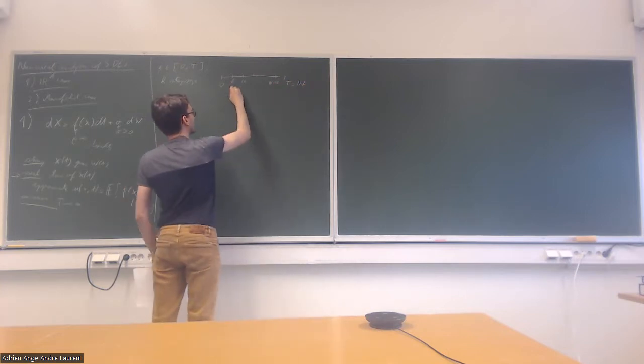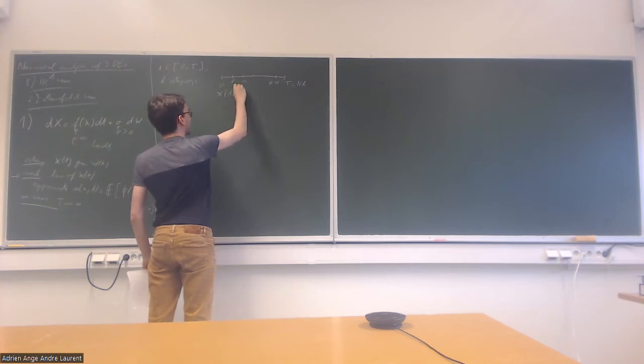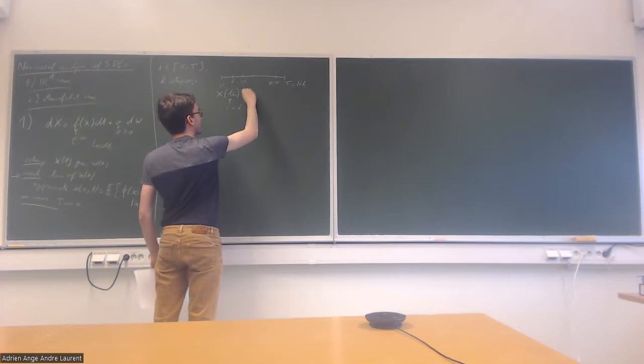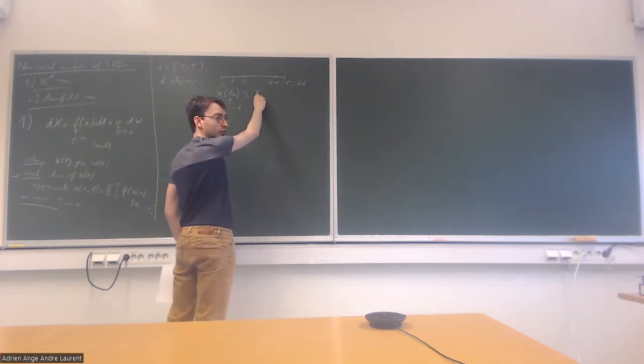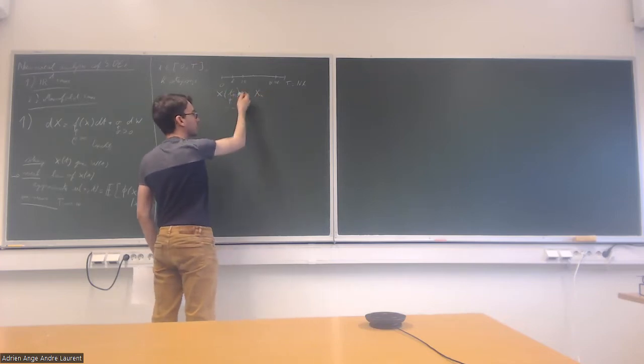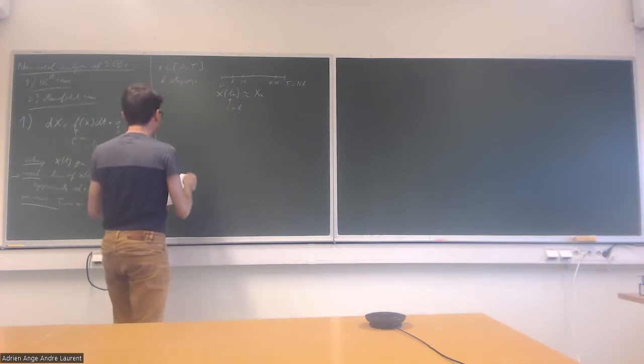And so we want to approximate X of t_n, which is equal to n h, by X_n, the numerical solution. All right, so we have a scheme that approximates X of t. And what we defined last time